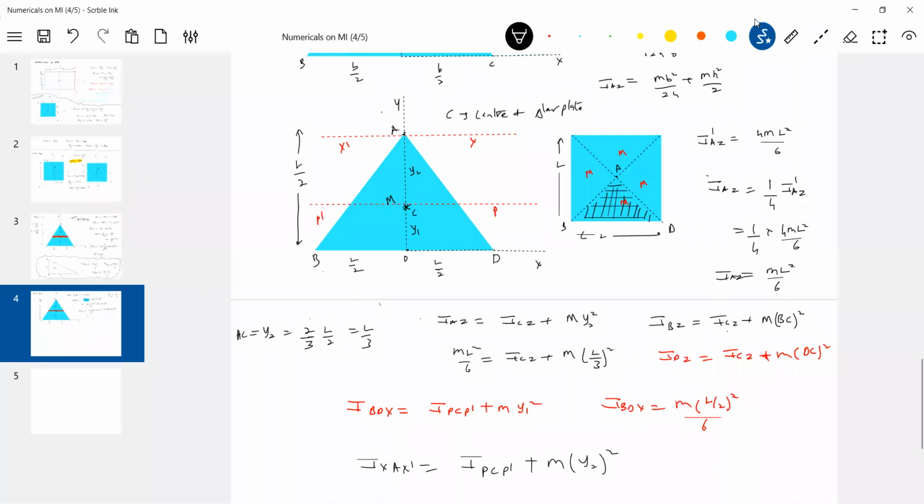Perpendicular distance only. So the perpendicular distance BC is what? Perpendicular distance only here. Okay, fine. So this is about the triangle. So let's come to the rectangular